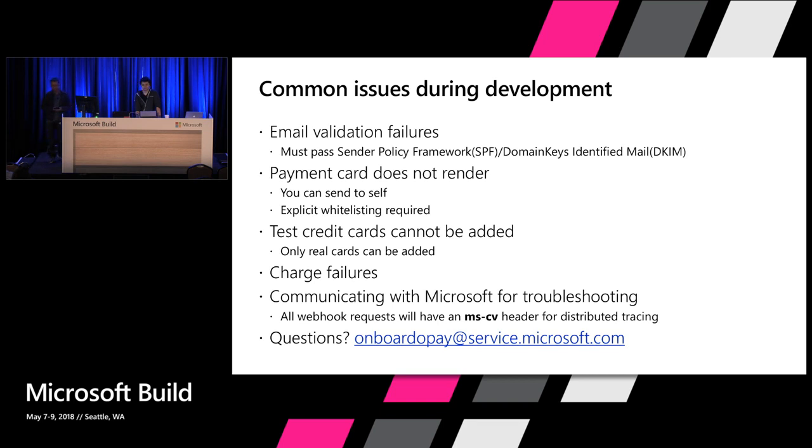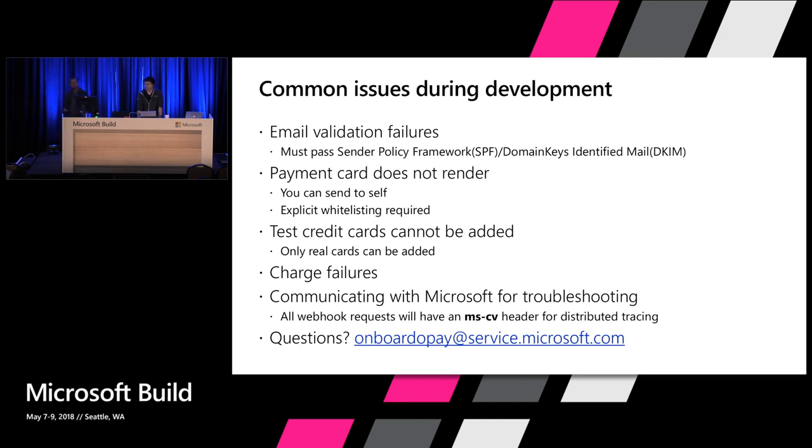The key here is that there is a concept called Sender Policy Framework and DomainKeys Identified Mail. The Sender Policy Framework says that whenever an email is received, the IP of the email sending server matches the mail servers that are allowed to send mail for the domain. So if you're sending from something at contoso.com, then the IP of the SMTP server that is sending the mail should be part of contoso.com's domain allowed mail sender list. In some cases, because we are trying out the developer experience, we try to send it from our own account, and those emails will not render. So we get into a couple of issues with that.